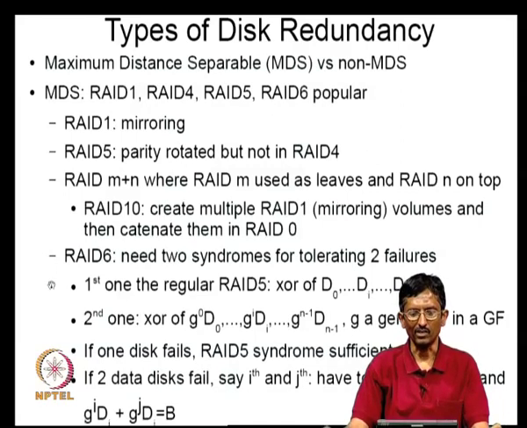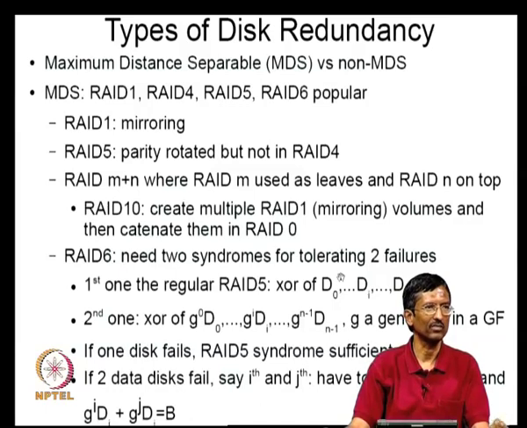Now those parties who are not comfortable with this, even at this level, need to go to RAID 6. So you want to be able to take care of a situation where 2 catastrophic failures take place, not one. In RAID 5 you handle one catastrophic failure, one disk completely died. There is no response from that. So here what you do is,